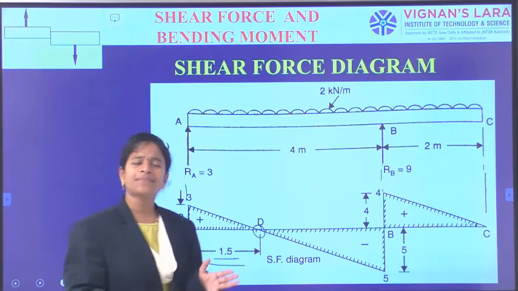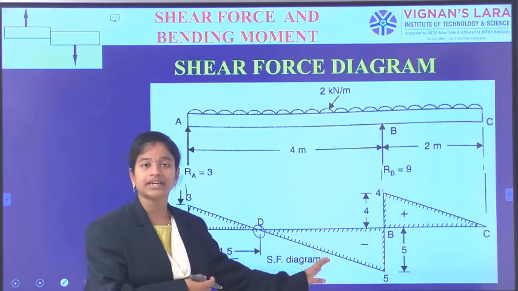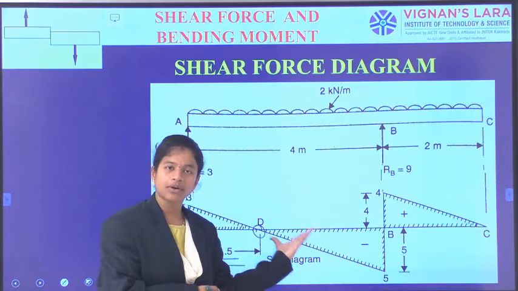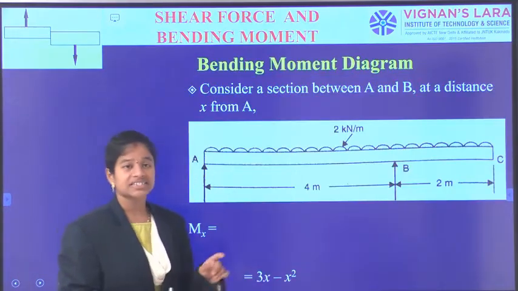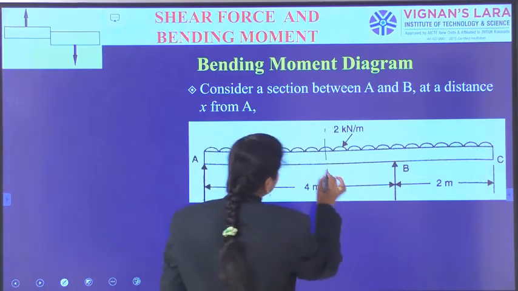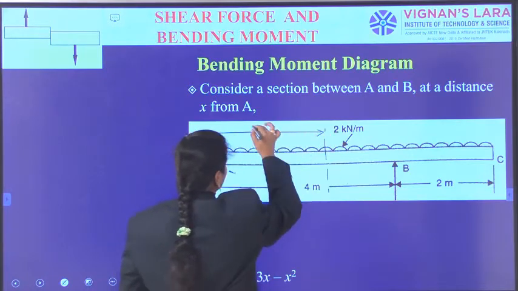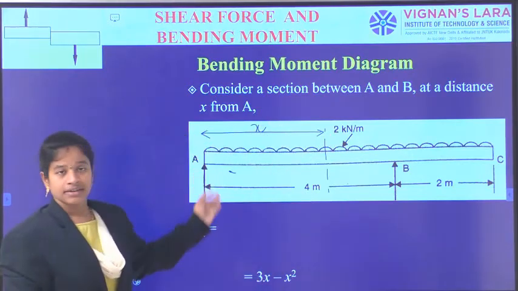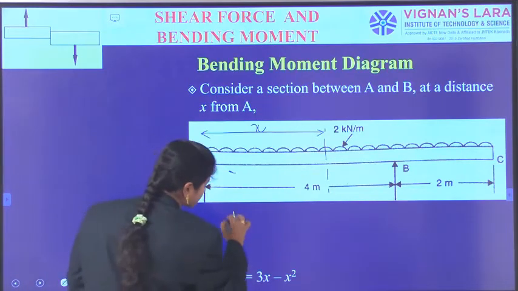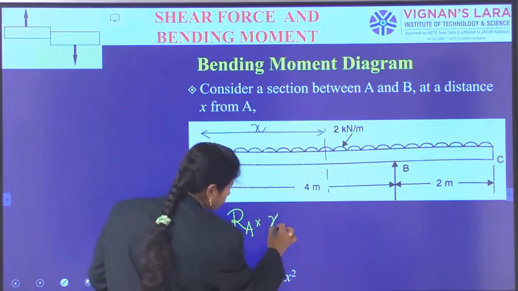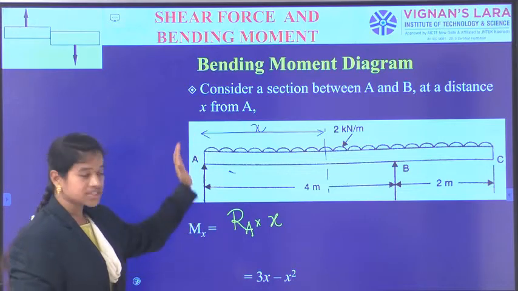Again the same thing, the consideration of the spans will not change. Once the shear force diagram is clear for the spans, the same spans will continue for the bending moment diagram also. So the bending moment diagram. Firstly we are considering a section in between A and B, located at a distance x from A. And the corresponding Mx equation is equal to what? RA into x, the corresponding answer. It is the force acting in this direction, so